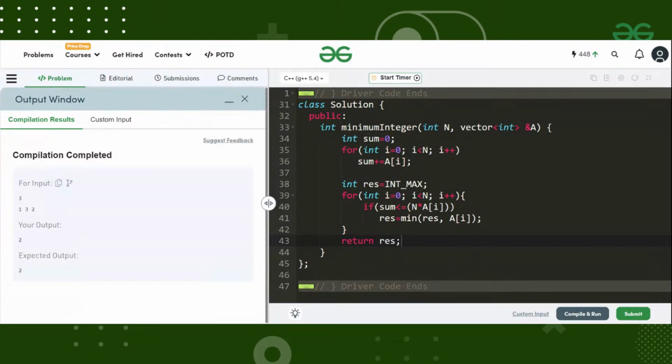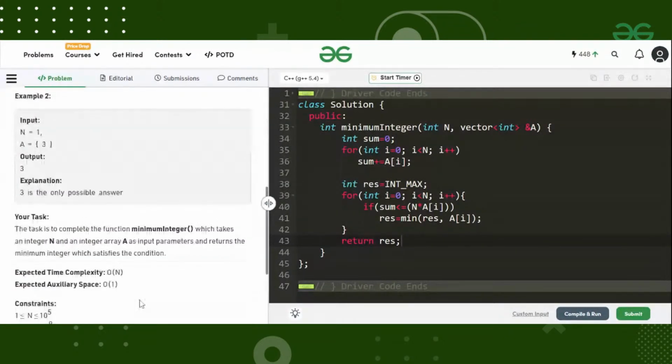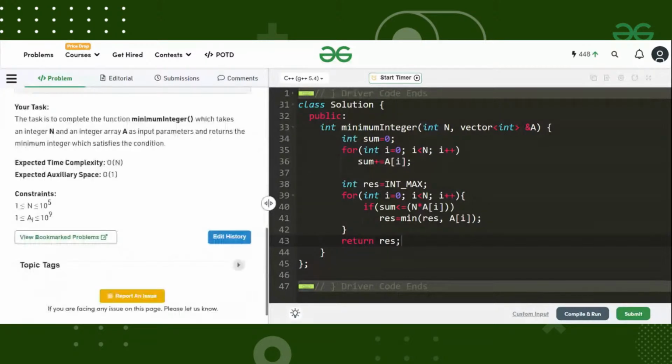Okay. So before I submit, do you think this code will give me the right answer, or are there any amendments that I need to make here? Or can we submit the code? Let us look at the constraints first of all. The elements of the array are up to 10 raised to the power 9, and the size of the array is up to 10 raised to the power 5, right? So are there any errors that we are expecting? What if no x exists in the array? Or you mean that if there is no element, right?